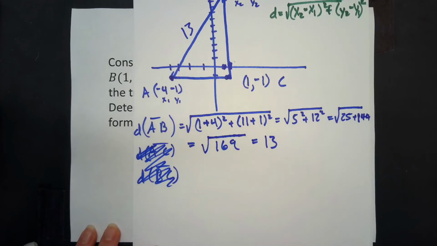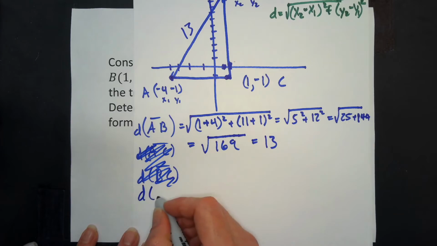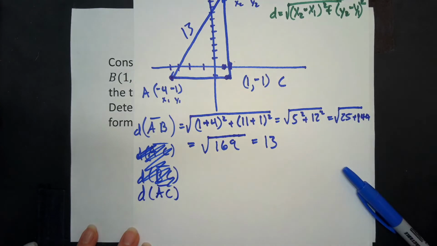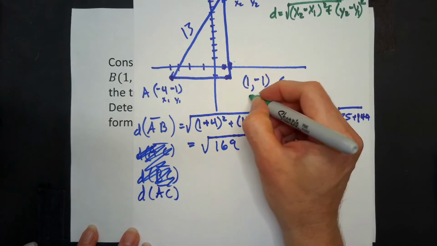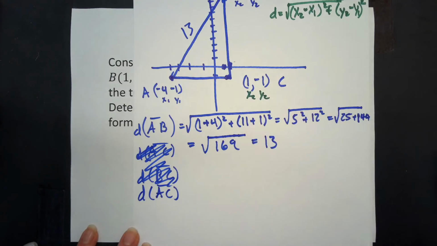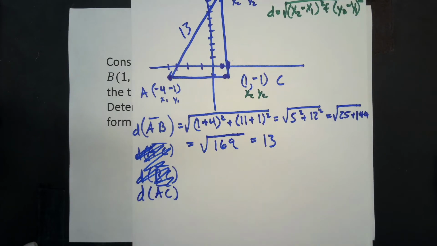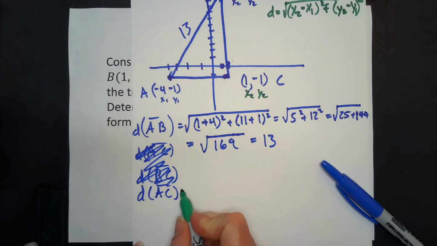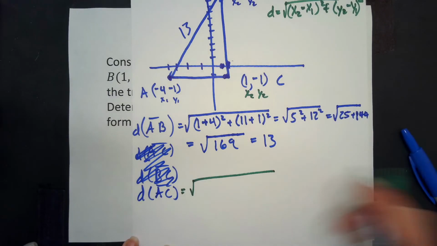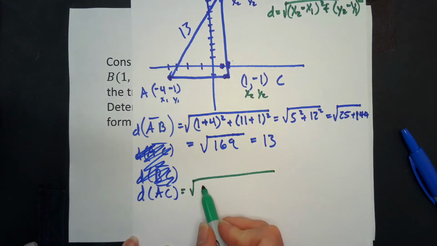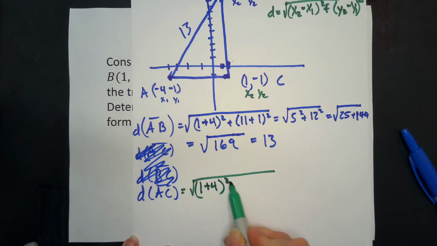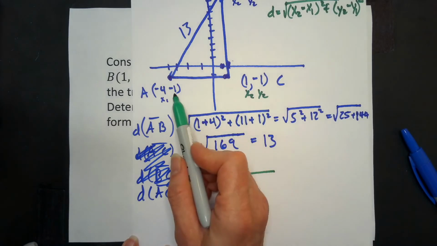So next I'm going to go with the distance between A and C. You don't have to really do it in any order. I'm just choosing A again because I already labeled C. Oops, that went somewhere. Find it later. And so let me just do this all in green. So I'm going to get what? Square root of, 1 again, minus a negative 4, which is plus 4, quantity squared, plus,